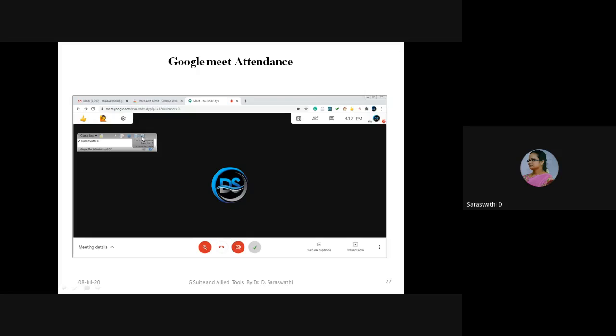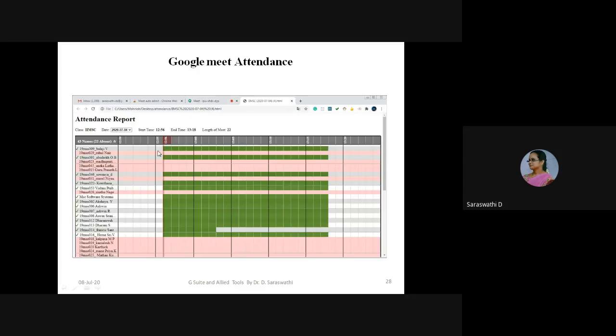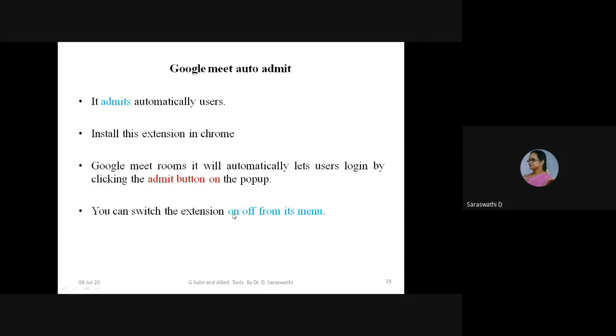And after setting all those settings, here you can see this is downloading the CSV file, this is downloading the HTML file. So using these icons you can download the attendance. Here I will show you a sample attendance. So I downloaded the HTML for my class. Here, see, this is the class, second MSc. So date of the meeting, starting time of the meeting and ending time of the meeting. Here you can easily record how long they stayed in the meeting. So this is the meeting attendance.